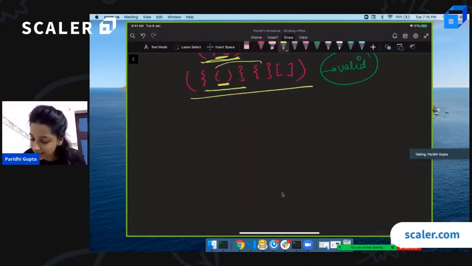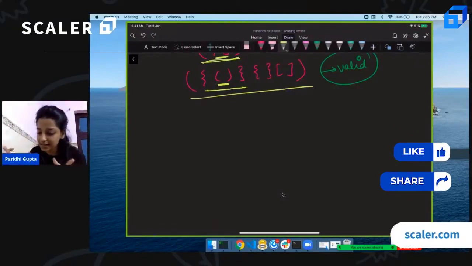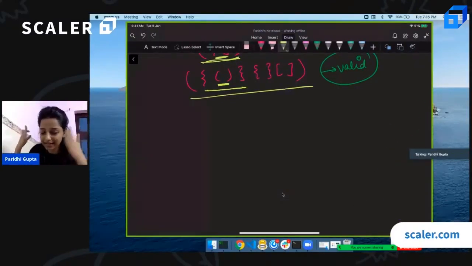We cannot consider anything like this. We have to choose the right set. But what it means is that whatever parentheses are inside it, they will be balanced anyhow. So this is its corresponding pair. Then we have this, it's correct, then this is there. Does that make sense, that inside of it the parentheses are balanced?